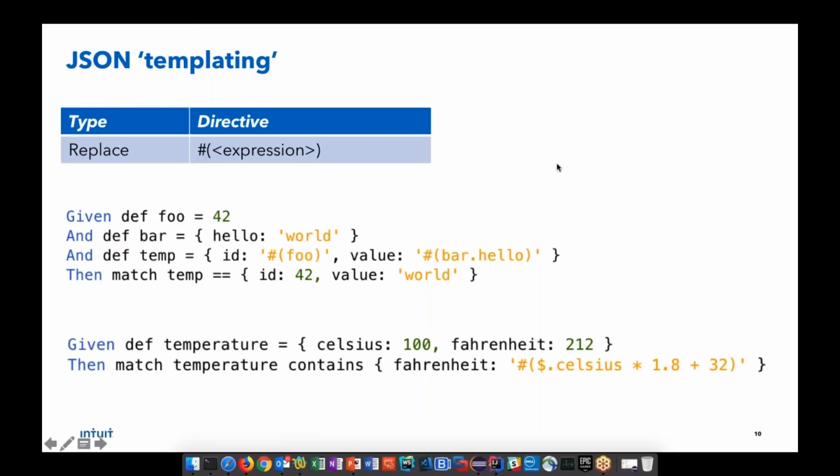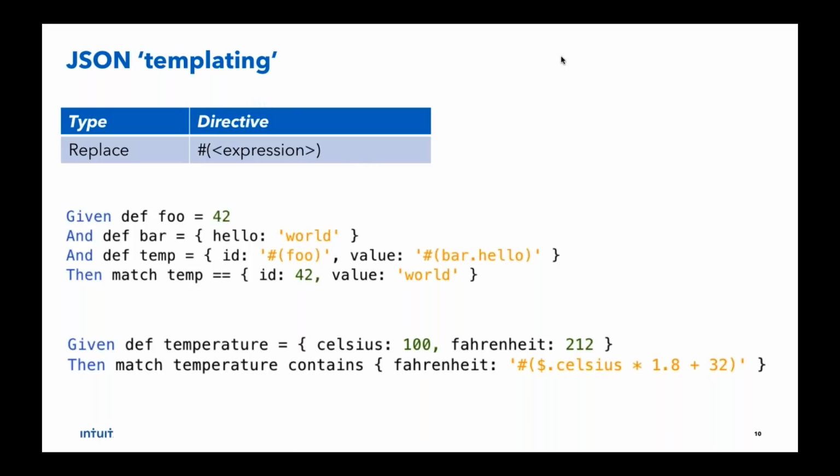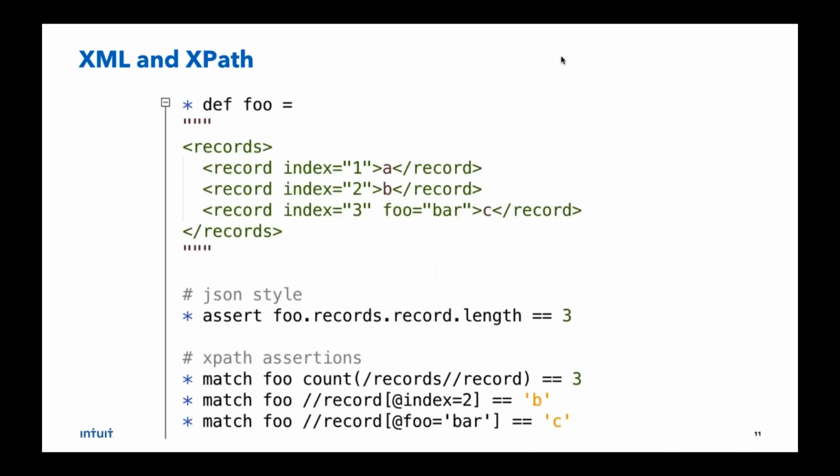This is one of my favorite examples. Not many people can use this, but it's good to know that this capability exists in Karate. If you look at that dollar symbol at the bottom and what it's doing, it is a reference to the root of the document. So this is a very fancy assertion which says the Fahrenheit field should be a mathematical expression of the value of another field in the same JSON. And as you can imagine, this is pretty powerful. There would be situations where you would really want to use something like this.